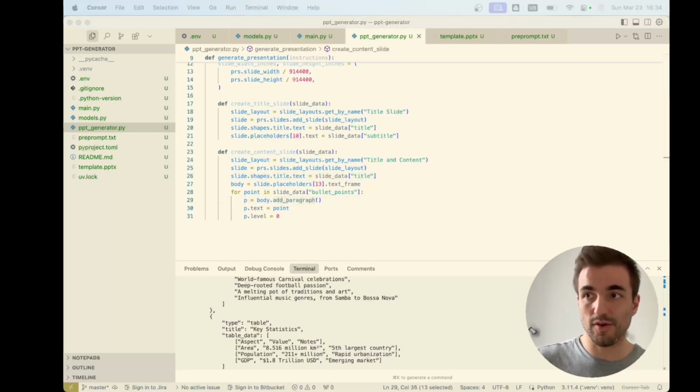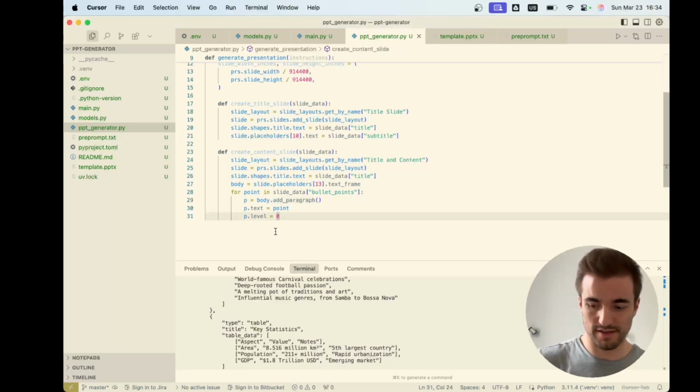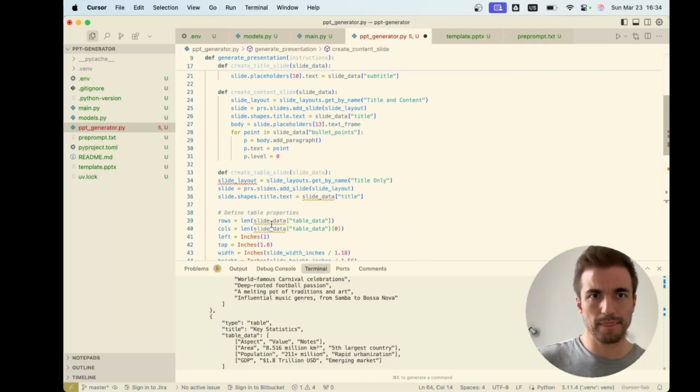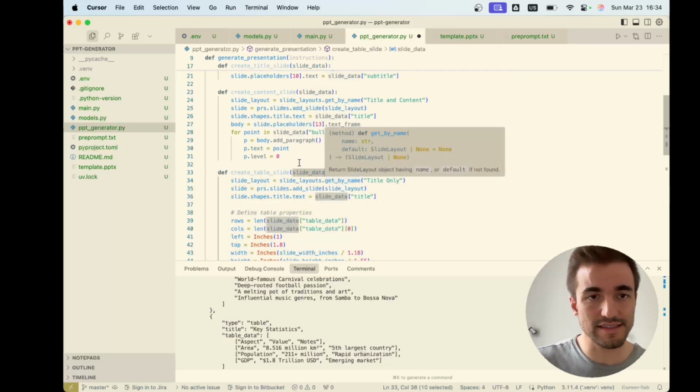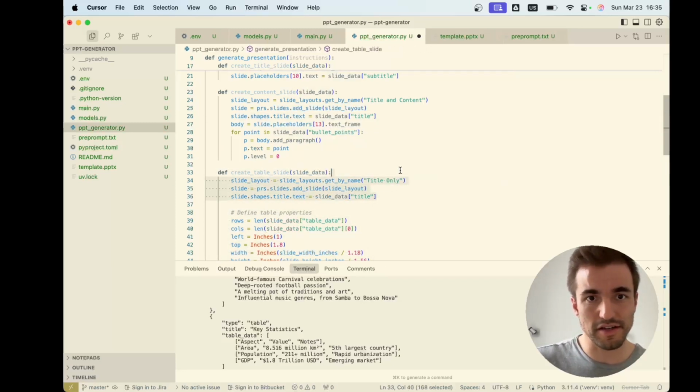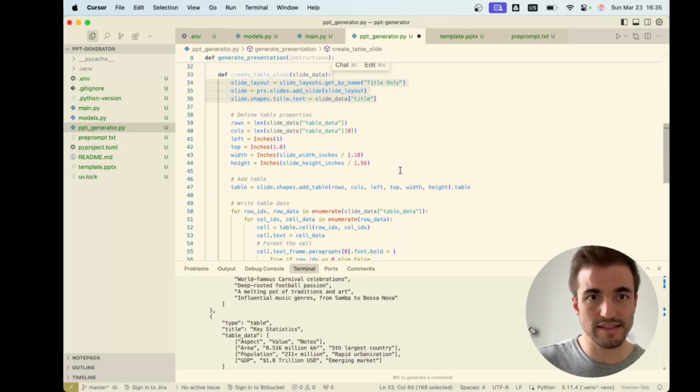Now the most complex slide we need to create is the table slide, so let's go through it. The table slide also takes slide data. This part is basically the same for every slide. This is where it gets a bit trickier. We set the number of rows and columns based on the table data, and